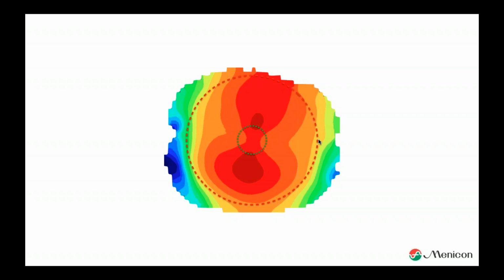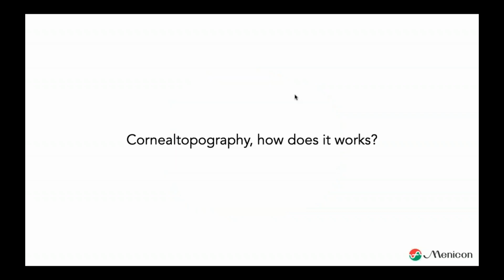If you use the C-night, you're working with just the periphery. Your fit is more accurate. But in the future, we will probably add other lenses as well. Well, that being said, corneal topography, how does it work? Because it's good to understand what we are actually doing in our practice.